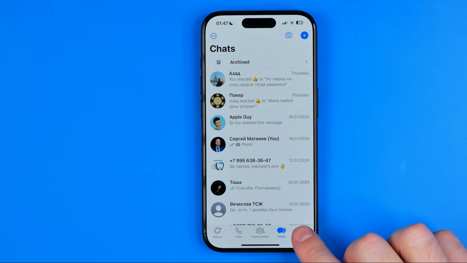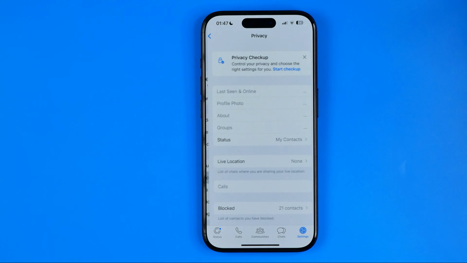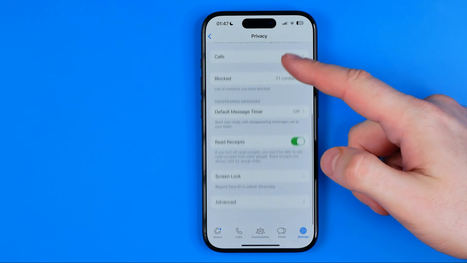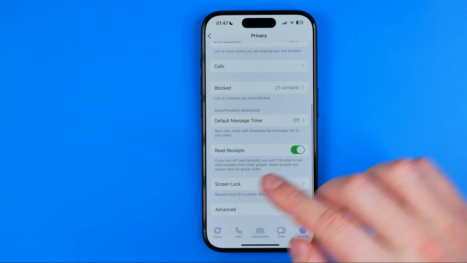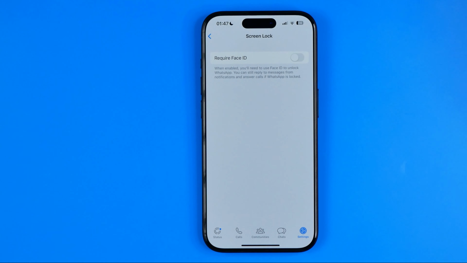Then tap right here to head over to Settings. After that, tap at Privacy. And then scroll down to the very bottom where you can easily find Screen Lock. Once you get into Screen Lock, that's where you can configure if you would like to lock your WhatsApp app